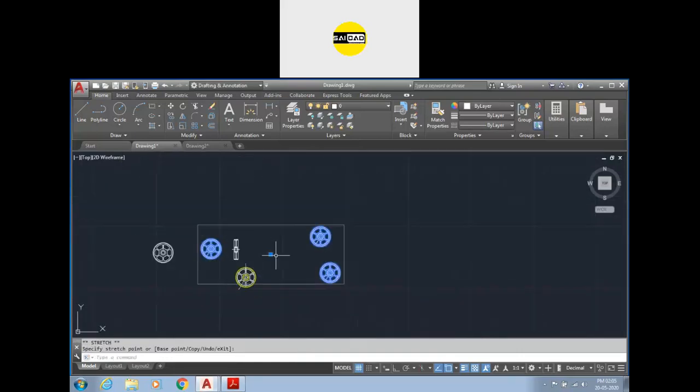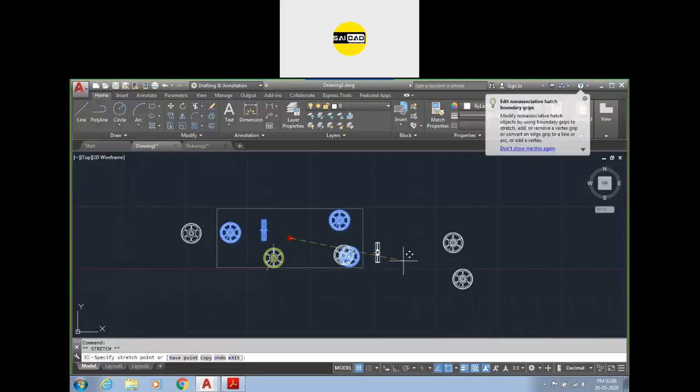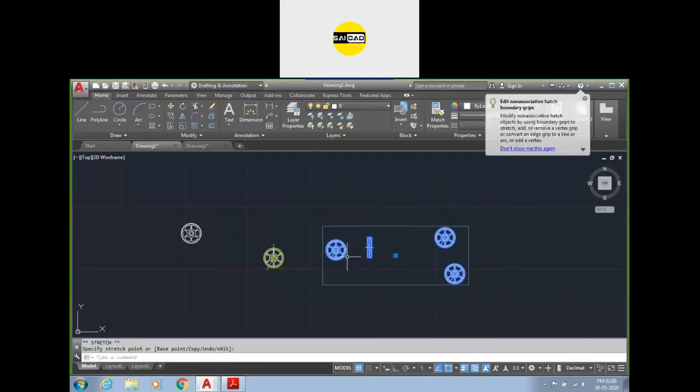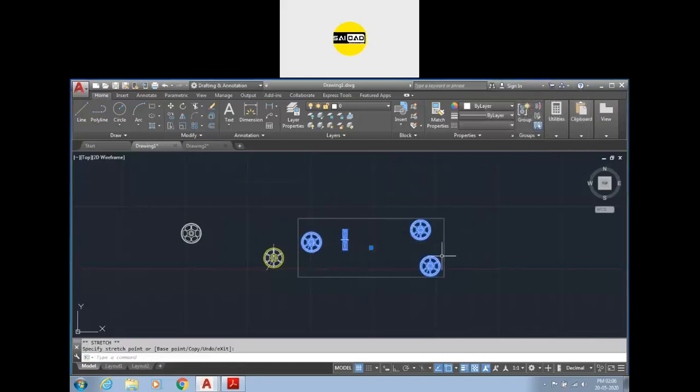Okay, like that. If you want to add something in the group or remove something from the group, there is the second option, that is group edit. And now you have to select what you want, add or remove. I want to add something. Which one do I want to add? This object. Press enter. Now if you select, the objects will be like that. All the objects will be moved together and all the properties will be applied together. This is a temporary option, not a permanent option.